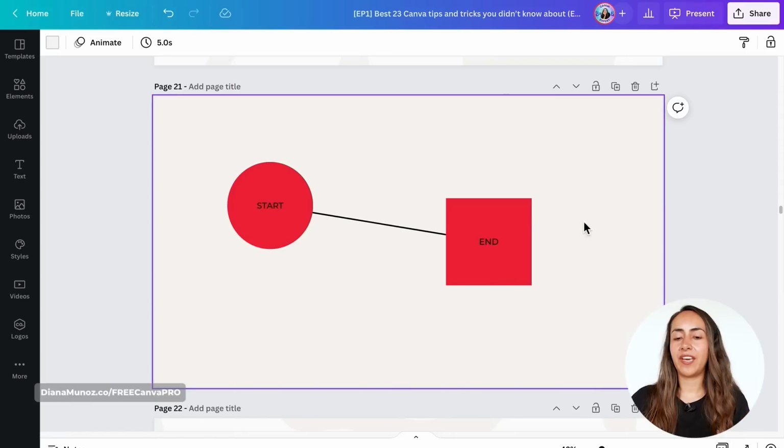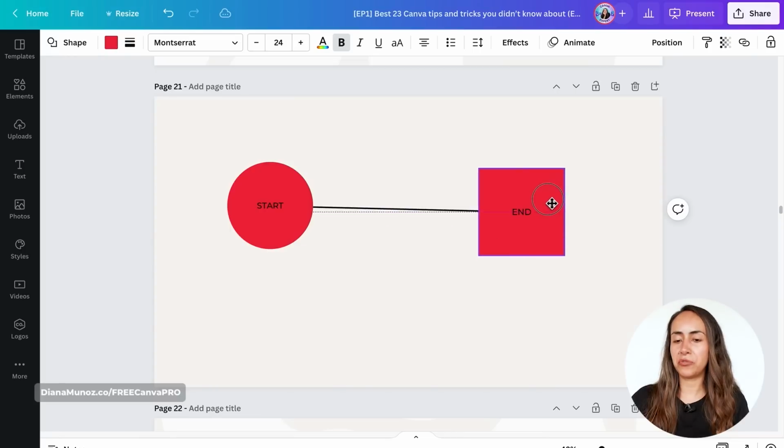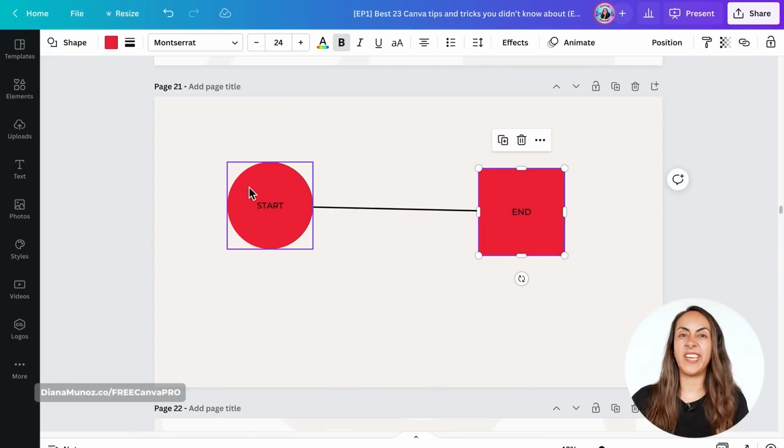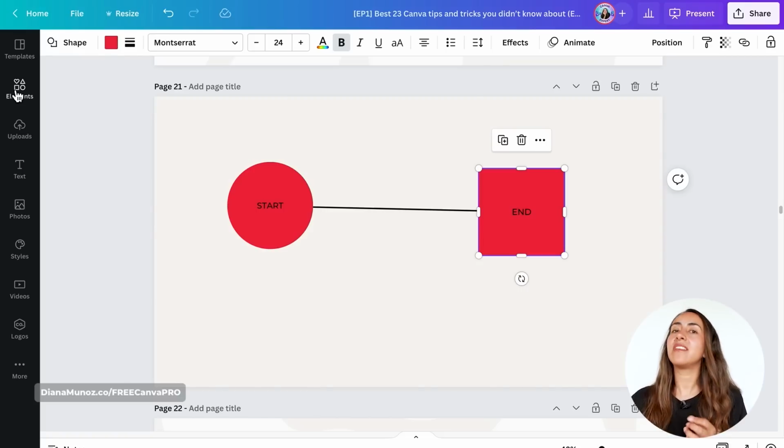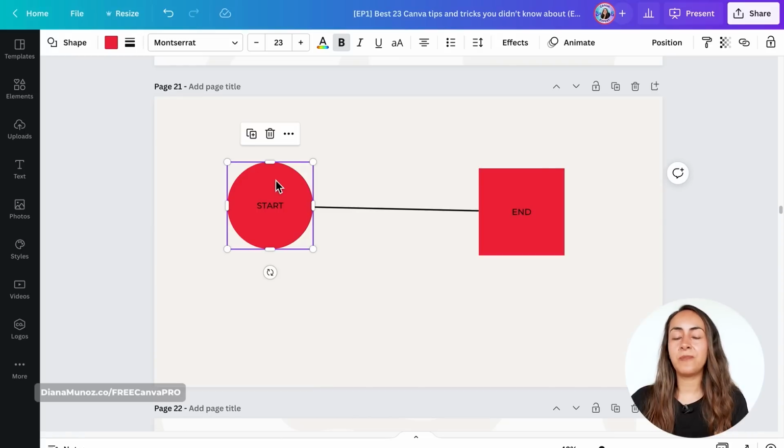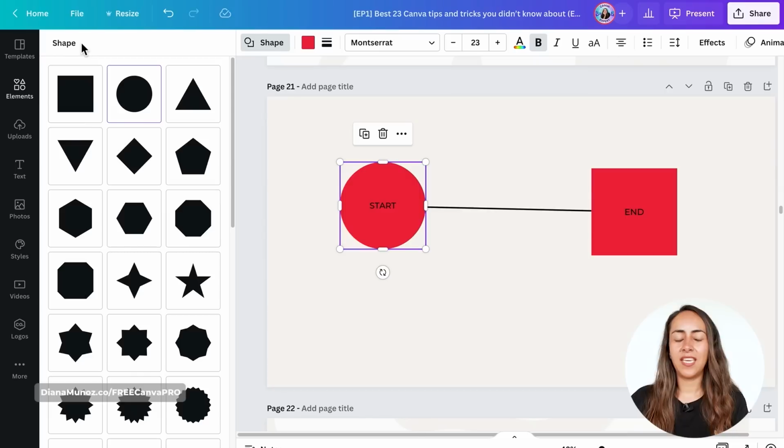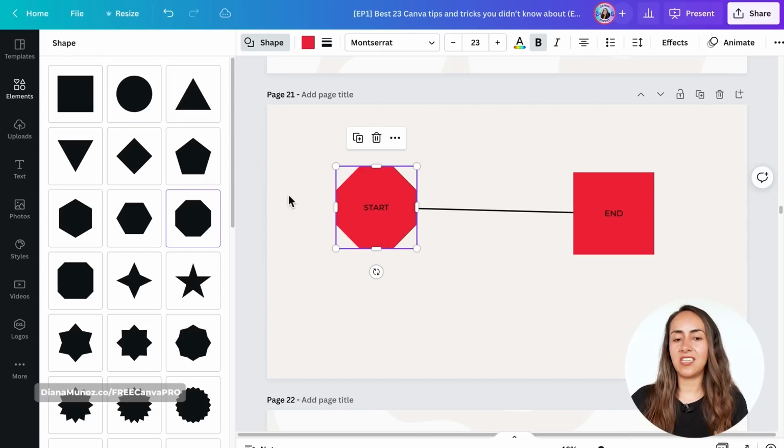Let's say that I have this little flowchart and I want to change this circle for another shape. Instead of going to elements, selecting another shape, and reconnecting the line, I just need to select my circle and go to the toolbar. Find the shape button, and from here you can change the shape that you selected with